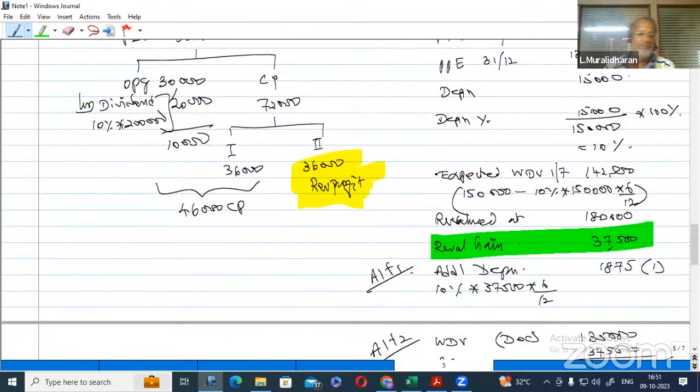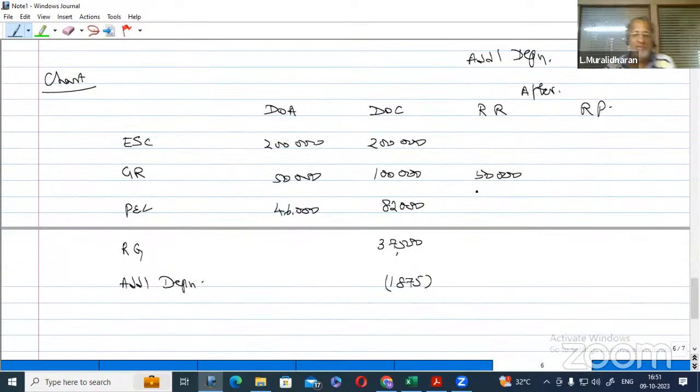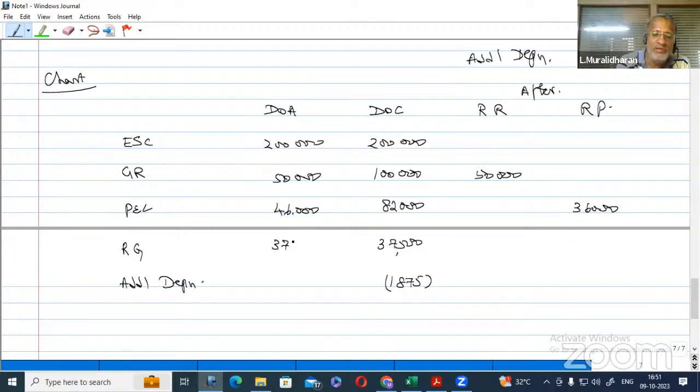Remember that in profit and loss account, we have just done 46,000 as existed on the date of consolidation, acquisition. And after acquisition, it is 36,000. And revaluation gain was 37,500. On the date of consolidation also, it was 37,500, resulting in no portion of that coming up here. Additional depreciation is a post-acquisition matter, which is to be taken up here, 1,875. So now,